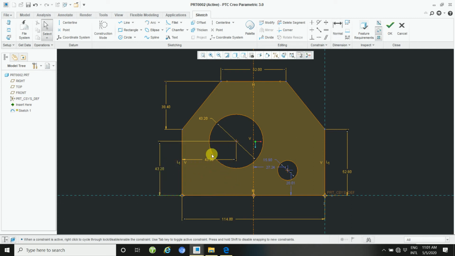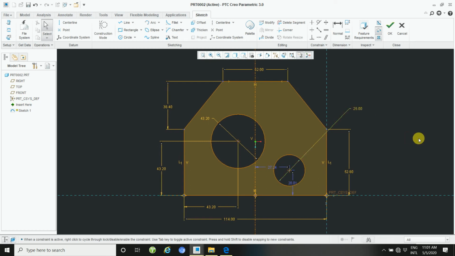This way, and arrange the dimensions as usual. Correct, and then this circle is 25. So apply 25, click, and then put the value 25. Diameter is 25, and your height is 24.